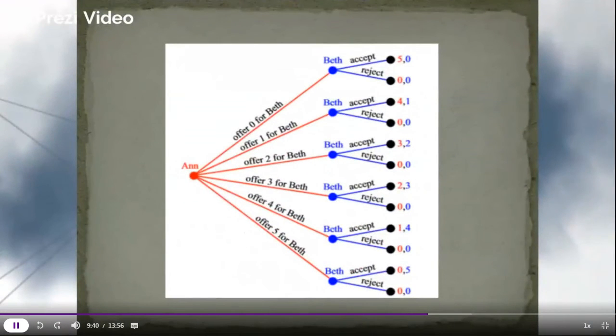Let's go to the game tree. Let's say $5 are there, and Anne gets the privilege of making the offer first. So Anne may offer 0, nothing. After Anne offers something, Beth may either accept or reject. If Beth accepts, then whatever the offer is, they get accordingly. Anne gets the entire amount and Beth, having accepted 0, gets 0. But if she rejects, then nobody gets anything. Similarly, if Anne offers 1, Beth may either accept, in which case she gets 1 and the other person gets 4, or reject, in which case nobody gets anything, and so on.